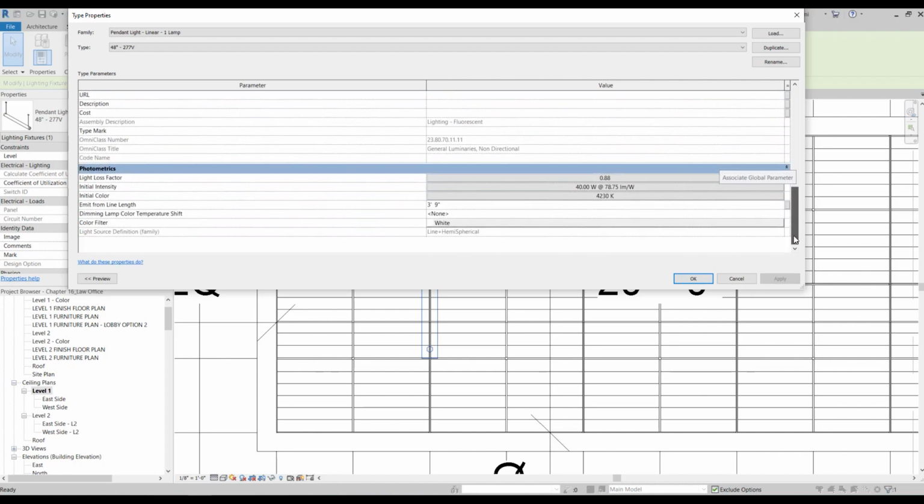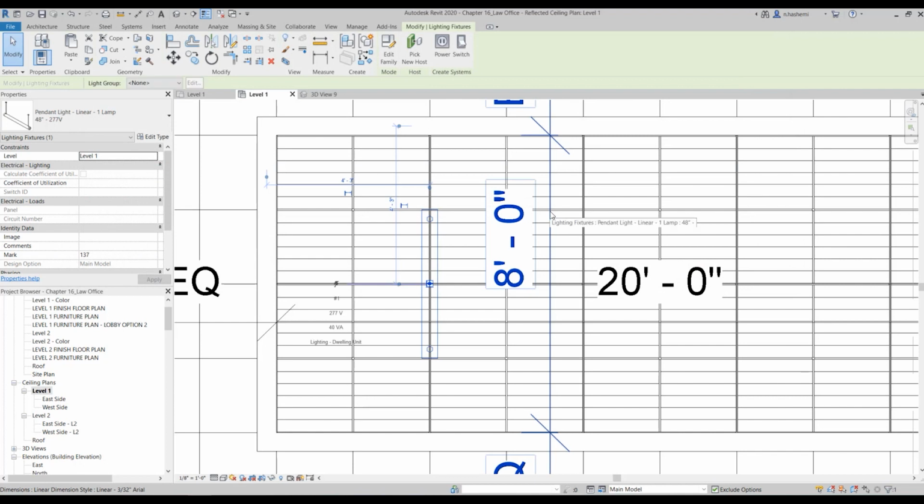And one more thing that we can adjust here is initial intensity. So for example, if you want your light to have a higher wattage or a lower wattage, you can just come here and change it, okay? Let's hit OK.